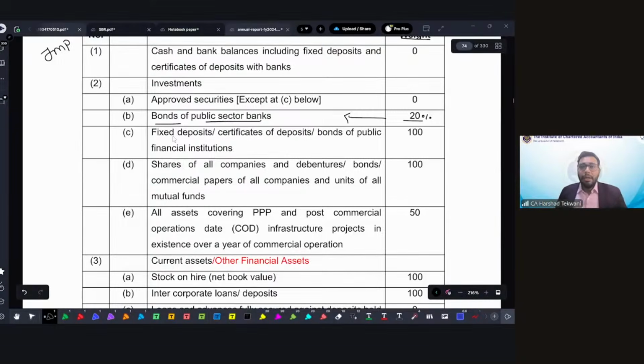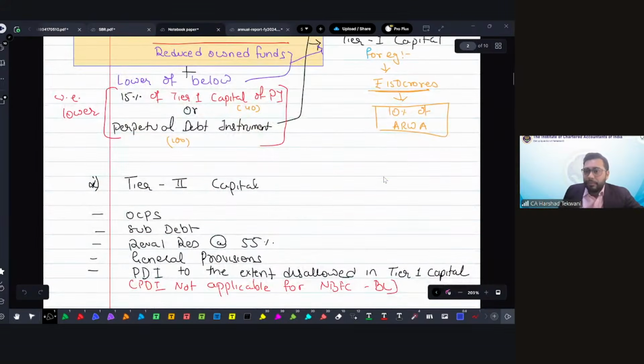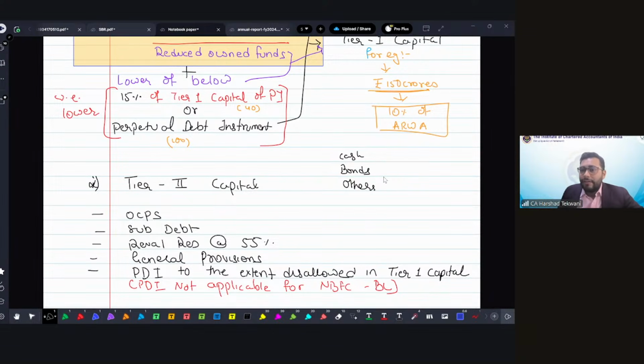That means, let's say in my books, I have cash, I have these bonds, I have other assets. Let's say, for example, the ratios given are 0 percentage, 20 percentage, and let's say 80 percentage. Now the values are, let's say, 100, 200,